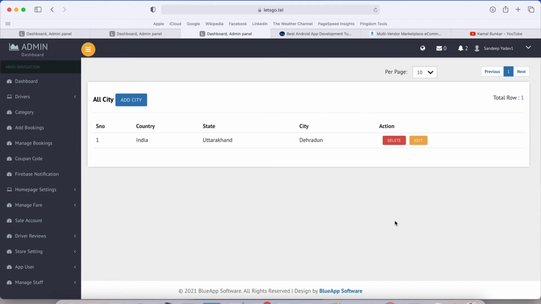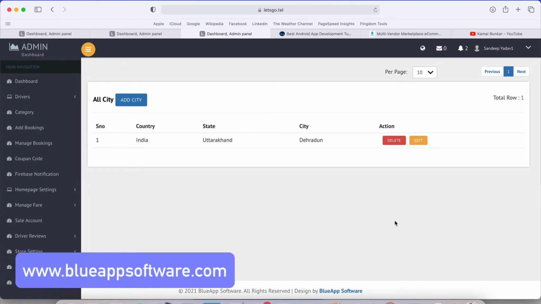First you need to create a city range, which can be a custom range. You can create a polyline using the mouse pointer, and then from the app you need to pass the latitude and longitude. There is the GeoFire API, you need to use that API, and you need to enable the Google Map API for your account as well. The Google Map API is a paid one. For some limit it is free, but after a certain limit you will be charged for access to that API. I hope you got the idea of how you can create the city range and detect whether the user belongs to the city or not.